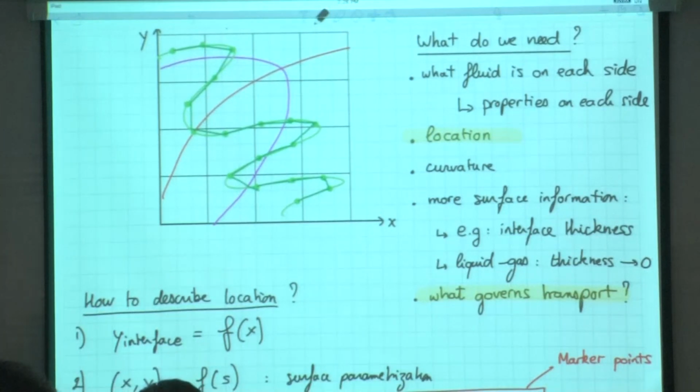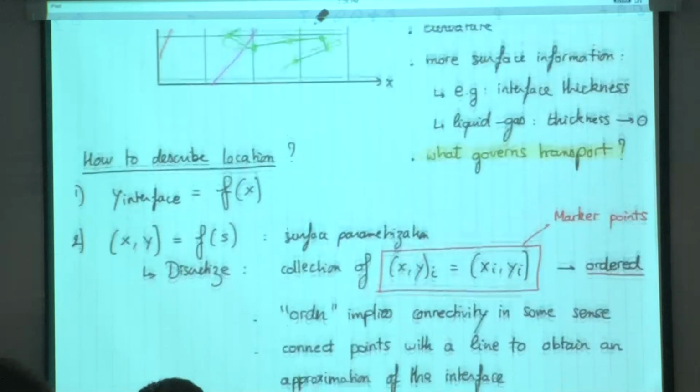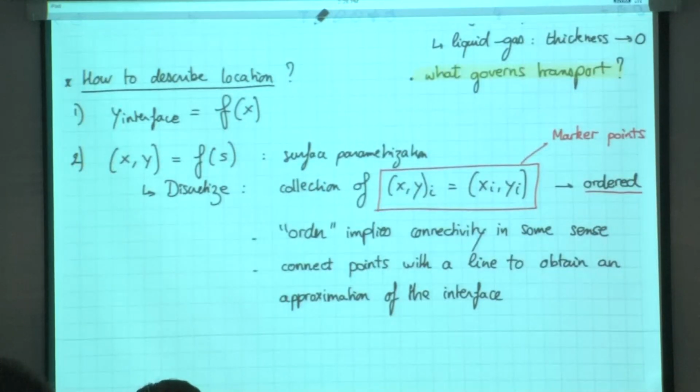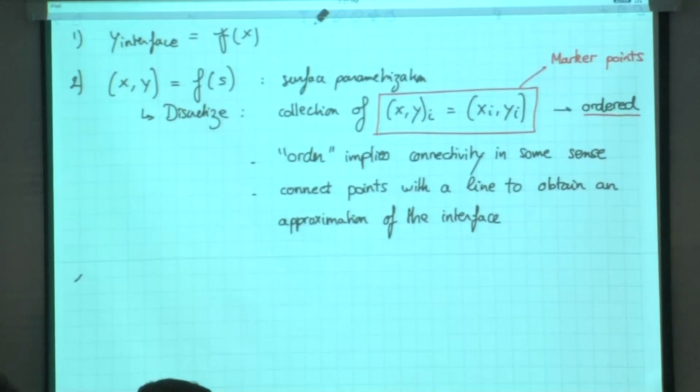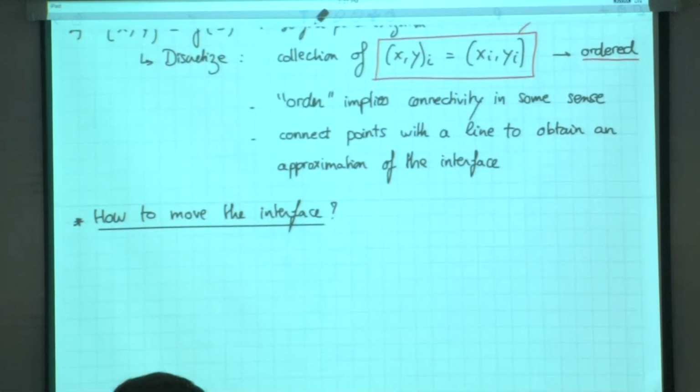Which is the second point here, what governs transport. So now that we know the location, how to move the interface. Well, the